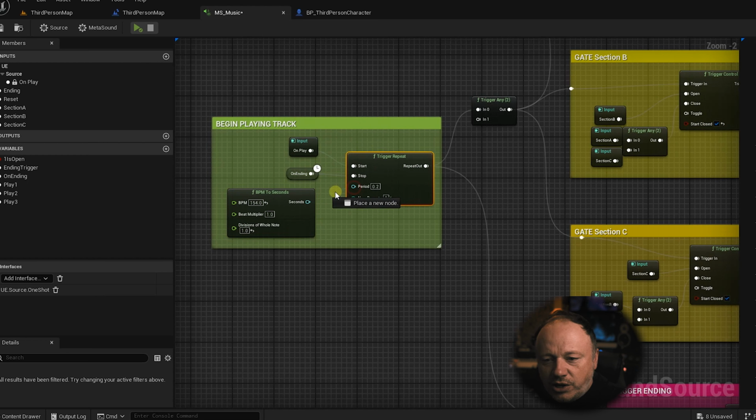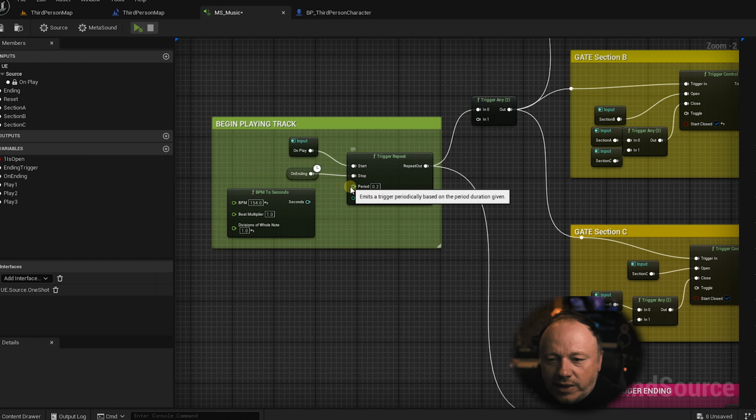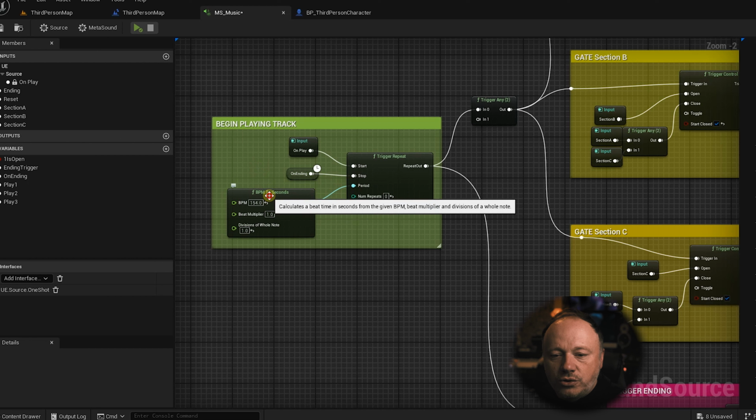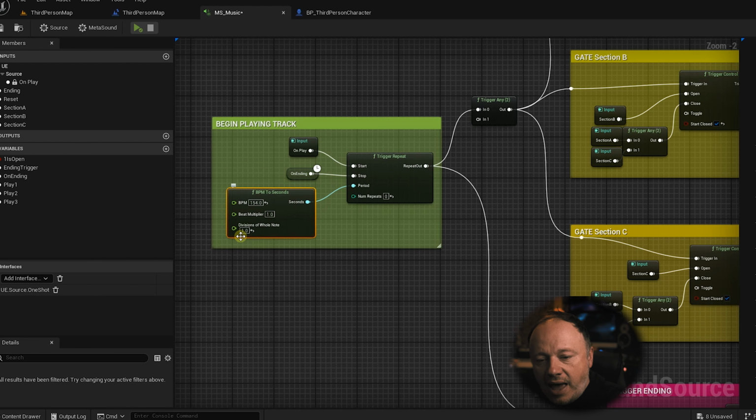So when you pull your trigger repeat out under the time thing, under the period, it defaults to 0.2 seconds, but you can drag a BPM node there, BPM to seconds, and then with that BPM node, you can make it musical. I know the track's at 154 because I made it. So we're going 154, and we're dividing it into whole notes, and we're doing every whole note, which is a measure. So 1, 2,